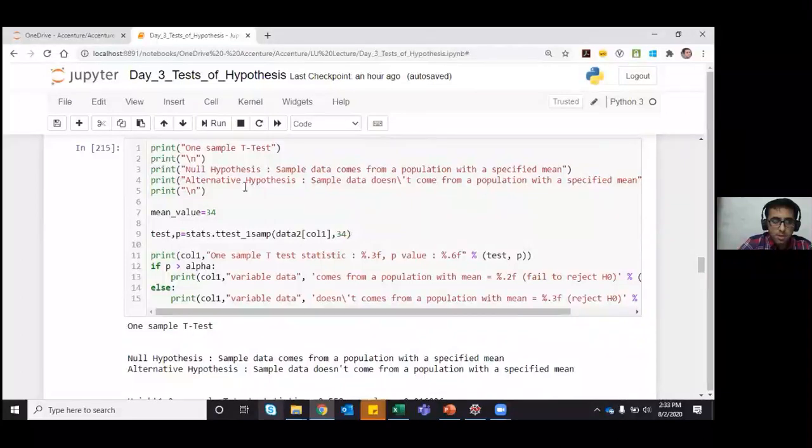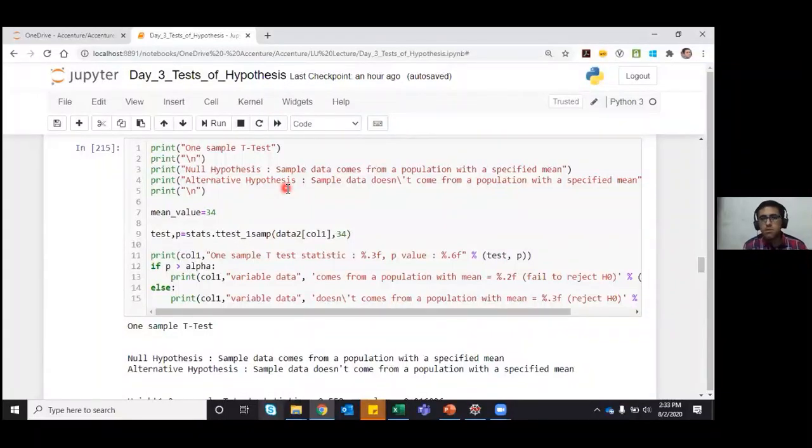Now moving on to one sample t-test. One sample t-test is used when we want to check if my sample data comes from a population with a specified mean. For example, I have a class with the ages of all the students in the class.